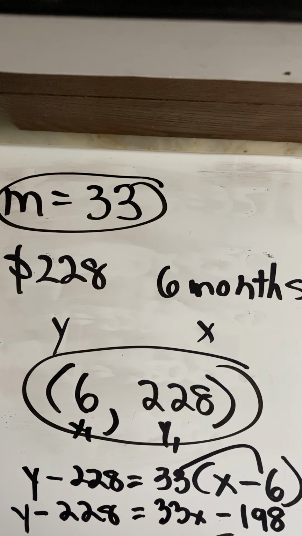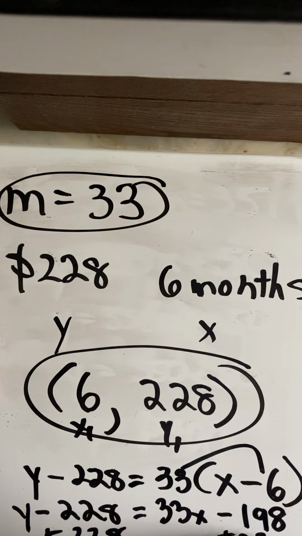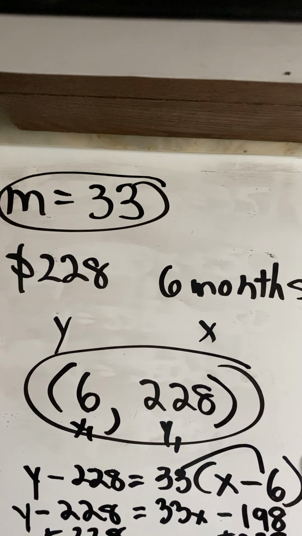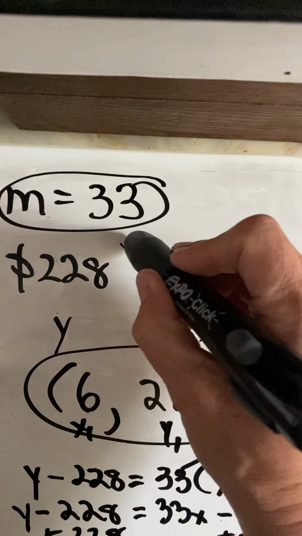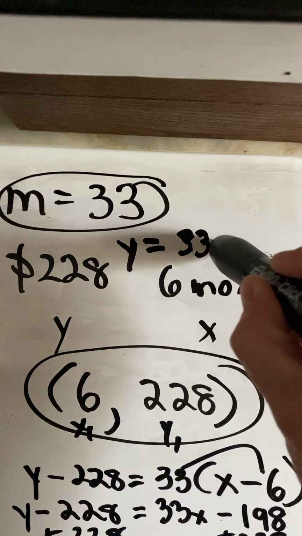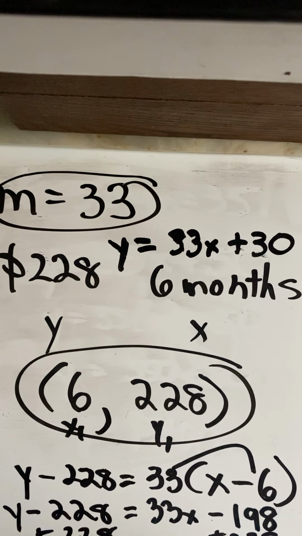Okay, now I have to add 228 to both sides. Now I'm running out of room, so I will show you what I got when I'm done. So I get, I'll write it up here, y equals 33x plus 30. And so it says, now that I have y equals 33x plus 30, it says find